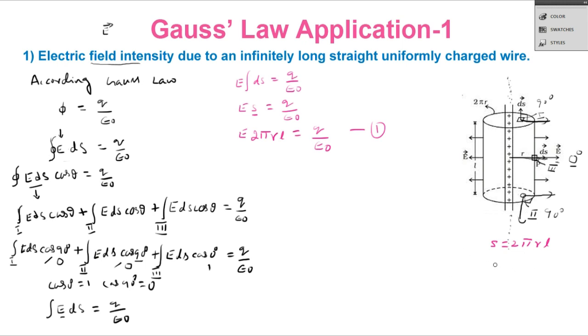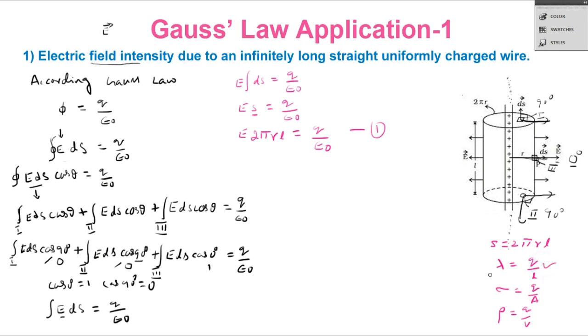I think you know the linear density: lambda is equal to charge divided by L, meaning charge per unit length. Again, sigma is equal to charge by area, that is the surface charge density. And the third one, rho is equal to charge by volume. So these are the densities of charge per unit length, per unit area, per unit volume. Here it is a thin wire, which has a length, so we have to apply the linear charge density.